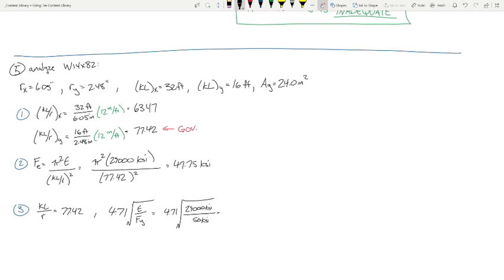This part right here, if we're always using 50 KSI, then this calculation is always going to yield the same answer. And so if it's always going to yield the same answer, this is a great addition to a formula sheet. Like for 50 KSI, 4.71 times the square root of 29,000 over 50 is 113. So just put that on your formula sheet so you don't have to keep redoing it. I think it's 114.4, but that's close enough. So this tells us then